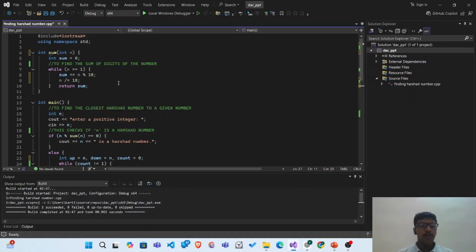Let's move on to the code to find the closest Harshad number to a given number. These are the basic syntax for a C++ program, that is #include <iostream>. It is the header file which includes some definitions for cin and cout, and using namespace std, it is a namespace which provides some more definitions